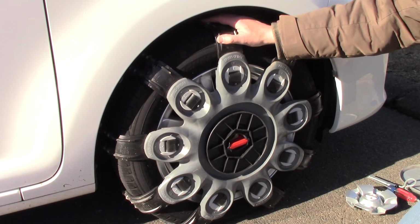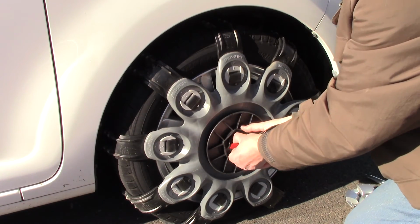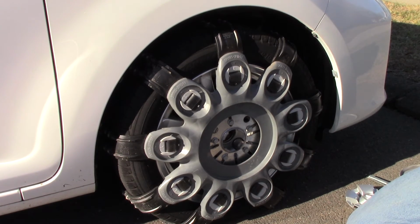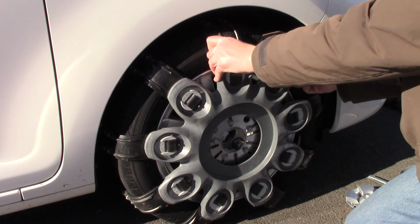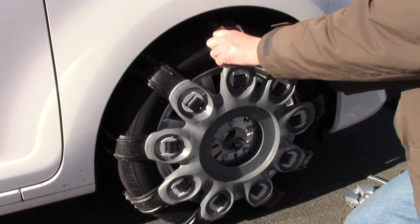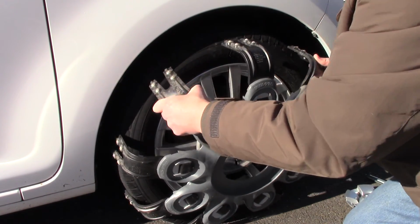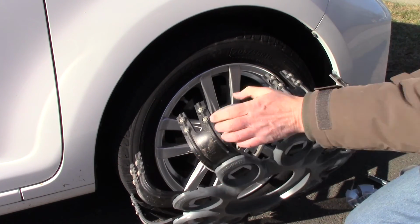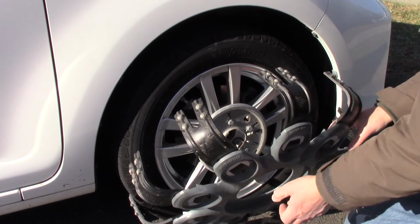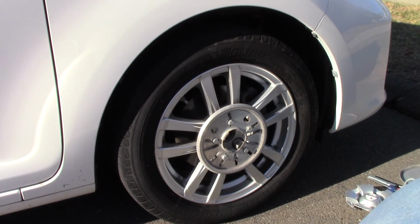And when you're done, let's say you're driving through snow and then the roads are cleared, pull this out, pull straight out. Now you may end up with a couple. I just put this on so it'll come right off. But you could end up with one of these traction arms under the tire. So what you do in that case is you would just leave these hanging like this, get in your car and drive about 10 feet and it'll come right off. And that is it